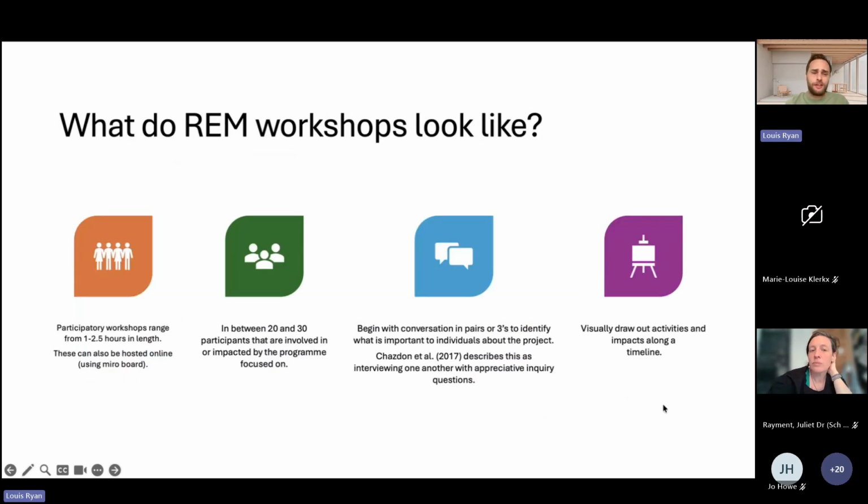What might a workshop look like? So ever since myself and Kev started doing this, we kind of expected them to look all very similar, but we found that that's not the case. In terms of the workshop length, they do tend to be between 1 hour and 2.5 hours long. So the purpose, bring people together. We do a bit of a warm-up activity, trying to explore what's gone on in the program, maybe what's most important or the biggest impact on individuals, just to get them thinking about what some of their impact pathways might look like. This can be in person, which we really advocate for.